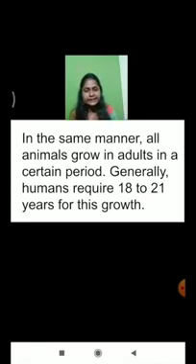After 18 years and after 21 years, can our height increase? Can we become taller and taller day by day after crossing 20? No, it's not possible. Only till the age of 21 can our height grow. Okay, after that our height won't be able to grow. So our time period for growth is particularly between 18 to 21. Is that clear to you, students?